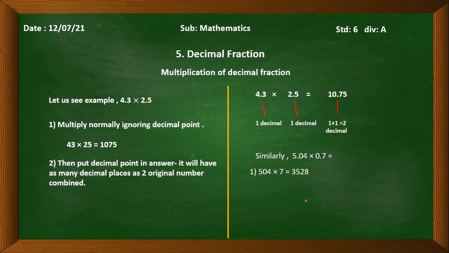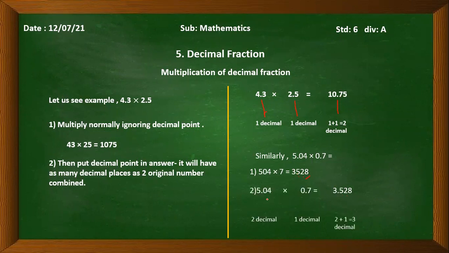So if we add that decimal, that is 2 plus 1, so we will get 3 decimals. So without answer, can anyone tell me, if we are getting 3 decimals, then where can we put the decimal point? We will count from the back, right side, that is 1, 2 and 3. So we will put the decimal point after 3, right?